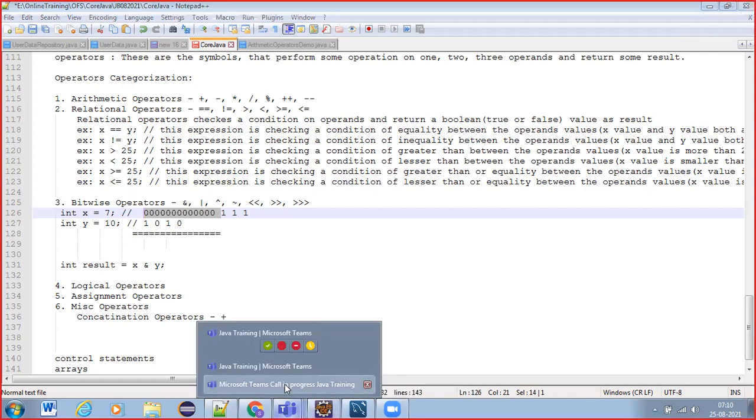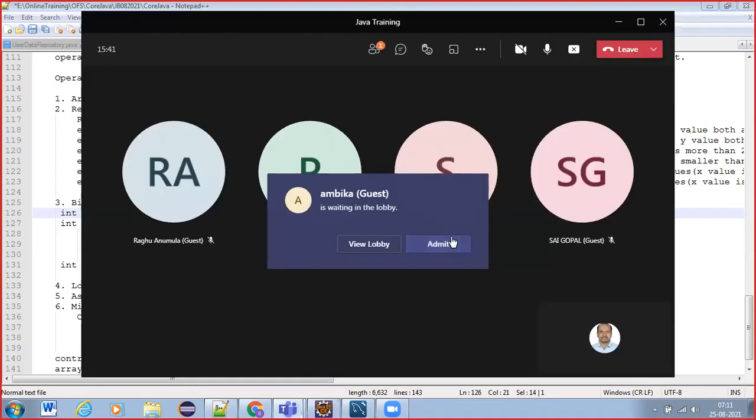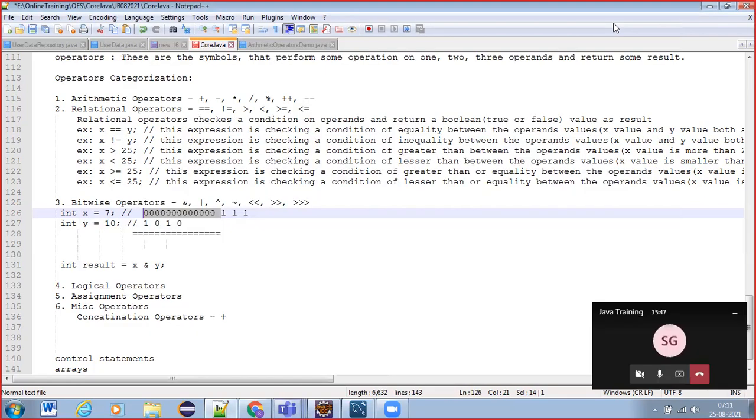After 3 bits are occupied by ones, how many bits remain in an int data type variable? An int data type takes how many bytes of memory? 4 bytes, right? When it is 4 bytes, how many bits in total?